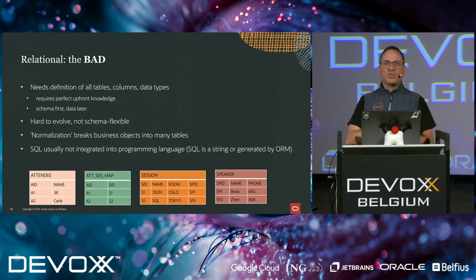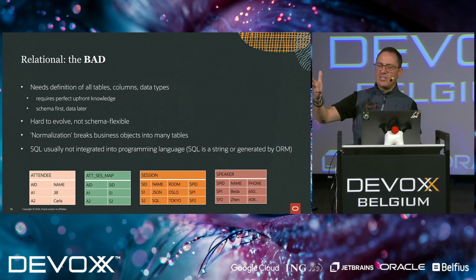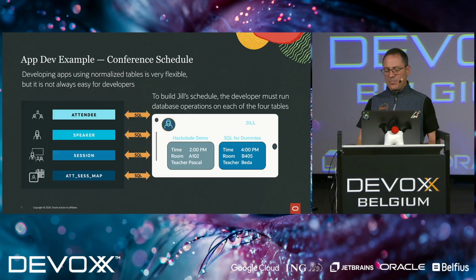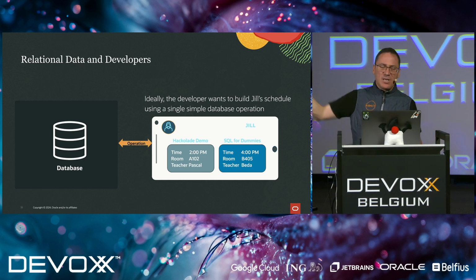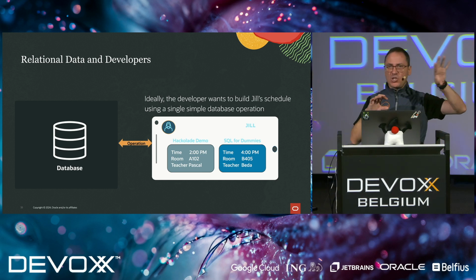Then we have to come up with database migrations, ensure that these migrations are invoked at the right time, and that we have no downtime of our applications. And there are some other considerations that we have to take into account. Okay. So if the application that we want to write provides a condensed view of all these different tables, like a schedule that consumes all of them, great. The idea would be, hey, let's grab the data directly from the database and just dump it into the client without much transformation. That is what would be great to have.